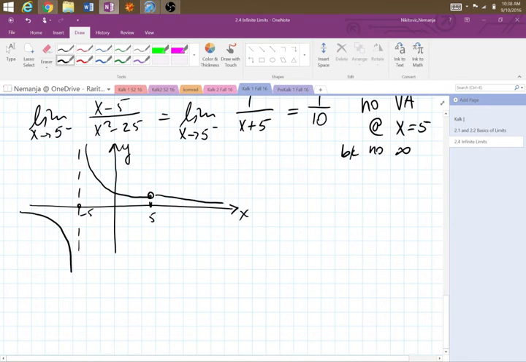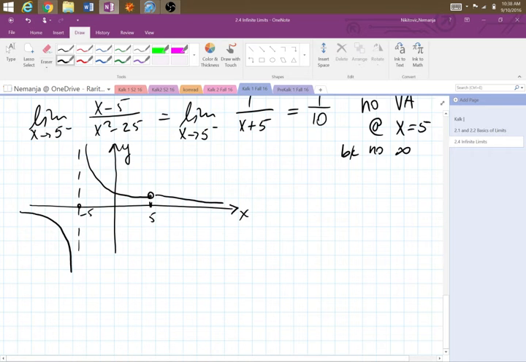You have a vertical asymptote at -5 because our limit calculation gave us infinity there. And you just have an open circle at 5, 1/10. So the y value, the height of that open circle, is 1/10 because that is what the value at